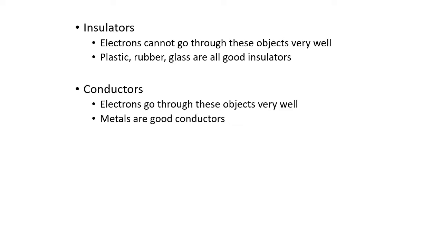So that brings us to our next thing that we're going to talk about, insulators and conductors. In an insulator, electrons cannot go through these objects very well, like plastic, rubber, and glass, which are all good insulators. So if you have a piece of plastic and you build up a whole bunch of electrons right here, they cannot travel down. So if you're holding this with your hand,